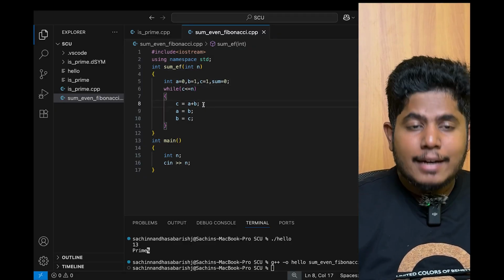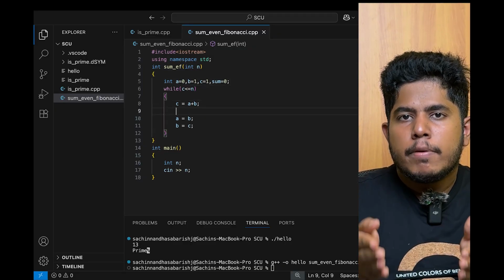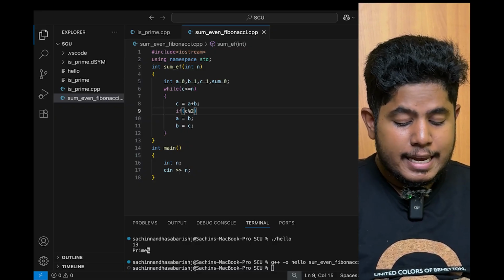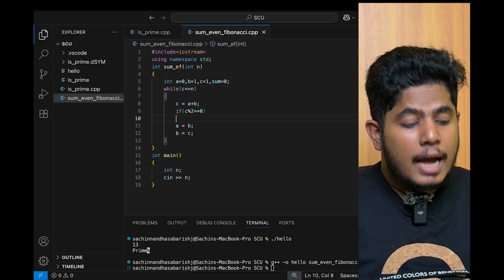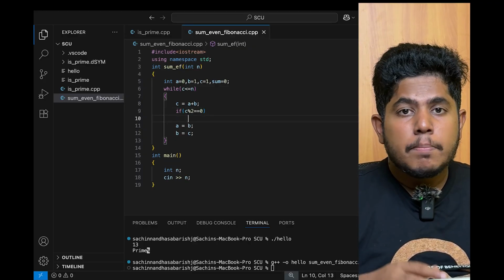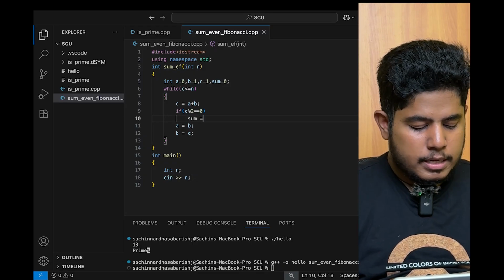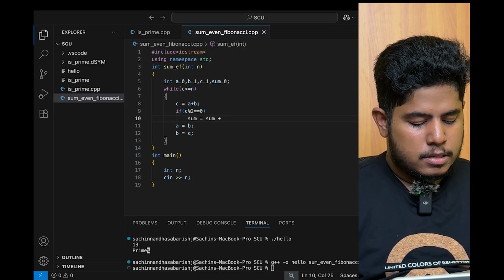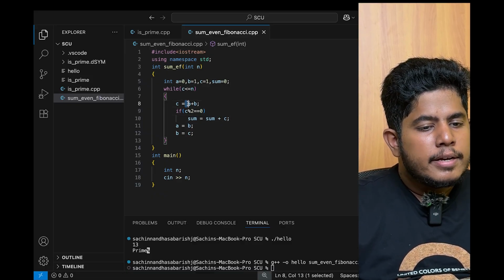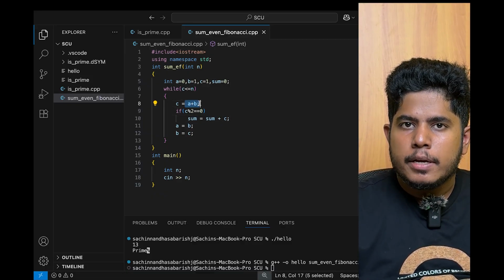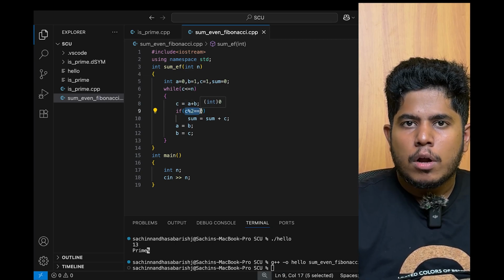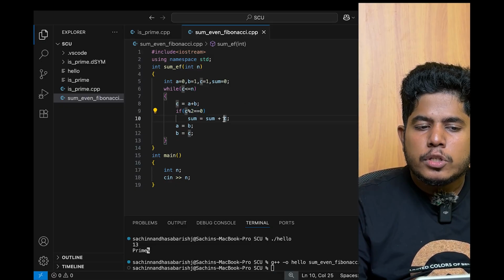And once you calculate c, which is the next Fibonacci number, then just check whether that Fibonacci number is an even number. Suppose that Fibonacci number is an even number, then just simply add it to sum. So sum is equal to sum plus c. So you generate the next Fibonacci number by adding a and b, and just check whether that new Fibonacci number is even or not. If it is even, then just simply add it to sum,